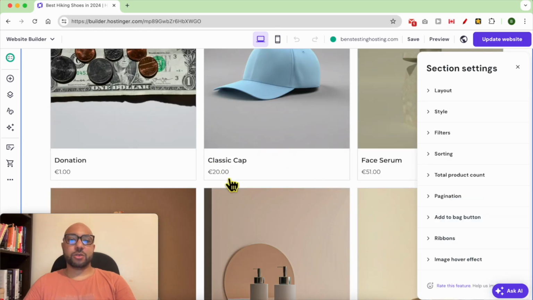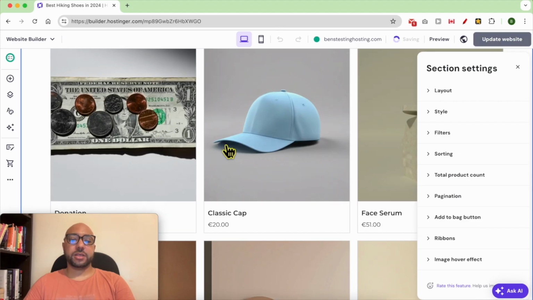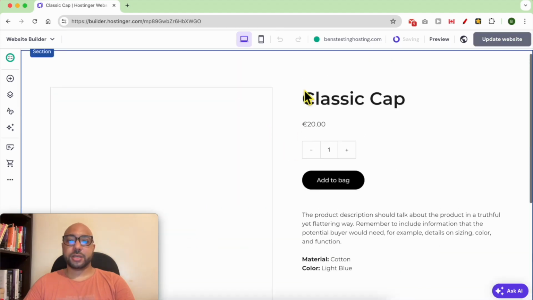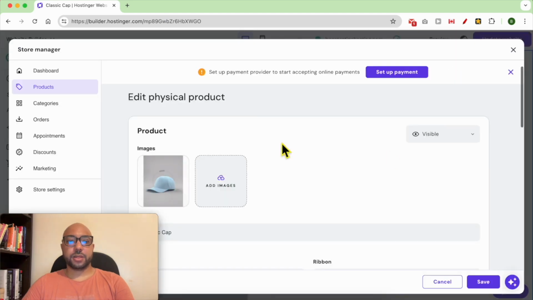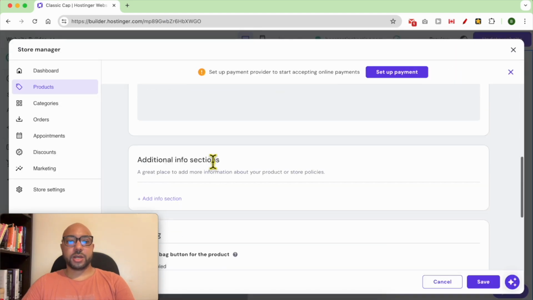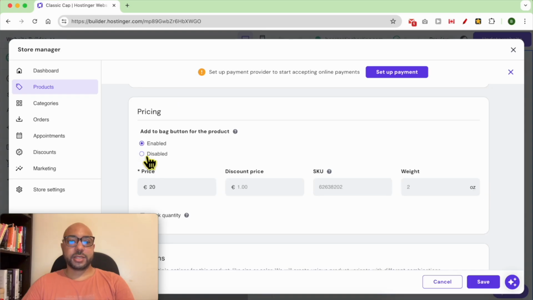Now, the only thing to remove from this online store to turn it into a catalog is this pricing under each product. To remove the pricing for this product, just click on it. Click on Edit Products, then scroll down a little bit and check Disabled under Add to Back button for the product in order to